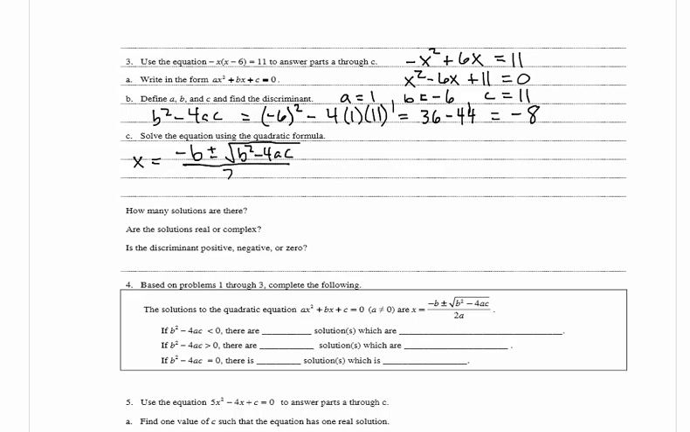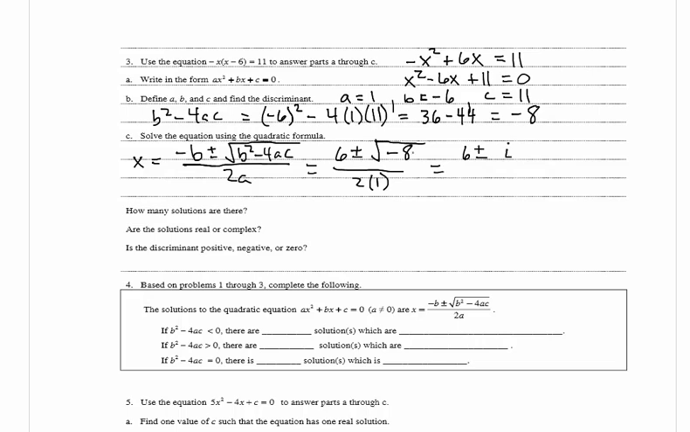all divided by 2a. And this is equal to negative b, and we have a negative 6 for b, so we have negative negative 6, which is positive 6, plus or minus the square root of the discriminant, which we found to be negative 8, divided by 2 times a, which is 1, and this is equal to 6 plus or minus, and when we have the square root of a negative number, remember that the square root of negative 1 is i, so I'm going to get rid of the negative inside of the radical by factoring out the